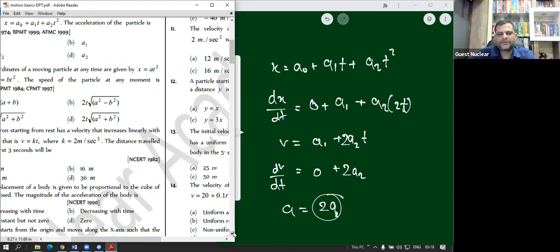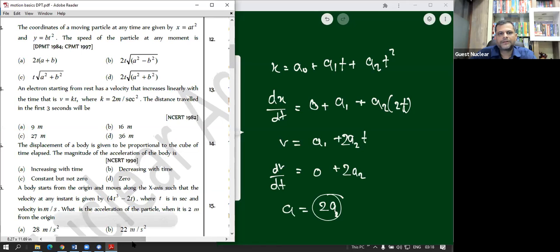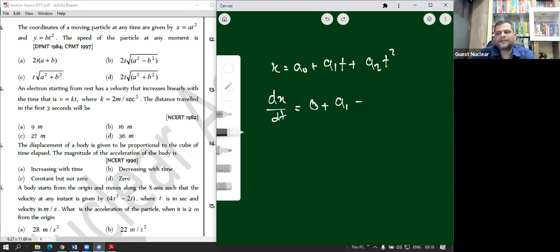Question number 3. The coordinates of a particle moving at any time are given by x is equal to at square and y is equal to bt square. Then the speed of the particle at any moment is. I think we have already done this. You must remember, x equal to at square and y equal to bt square. So if we find dx by dt, what will vx be? vx means dx by dt,